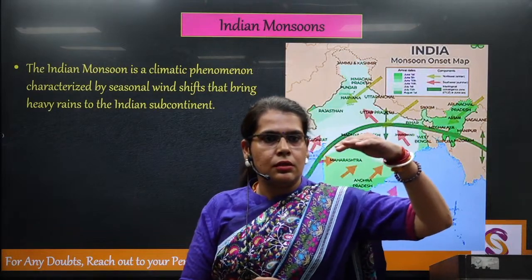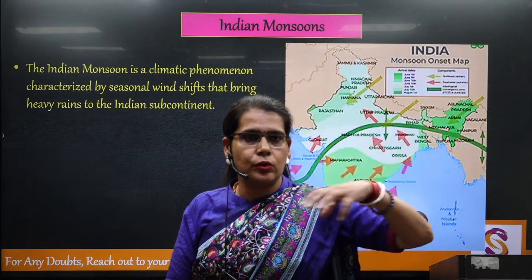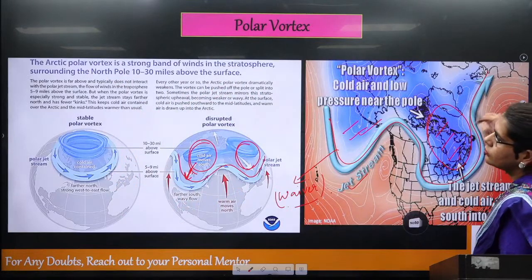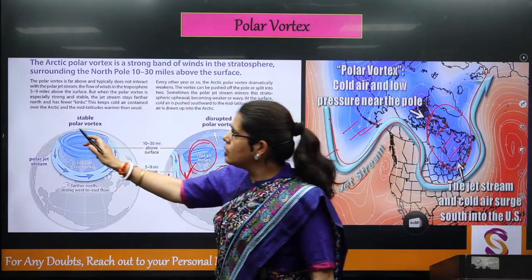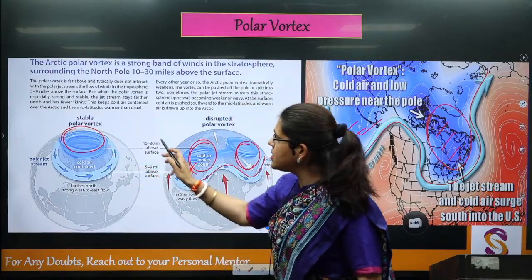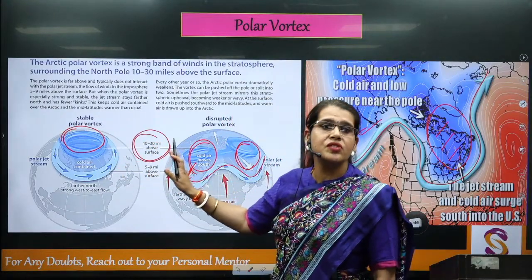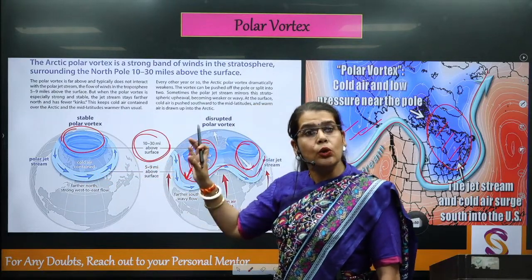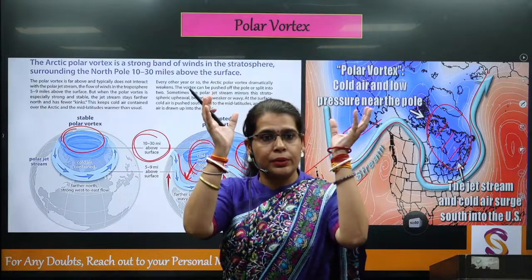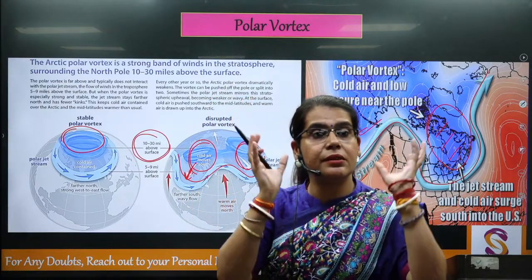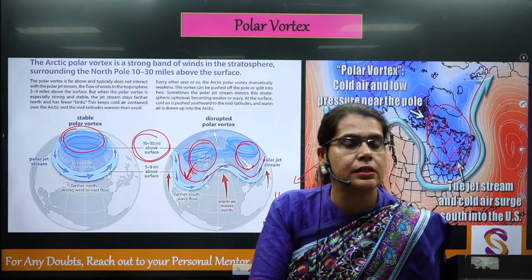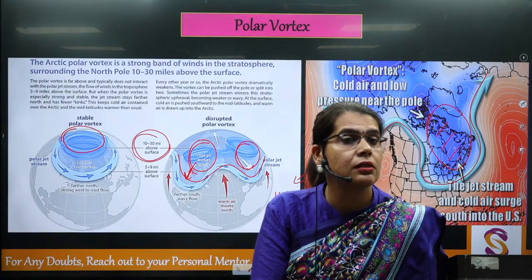Yes, yes, I mentioned that only. See, the polar vortex is 10 to 30 miles above the surface. Okay, jet streams are relatively lower. The polar vortex is high up. Okay, that is why I mentioned in the beginning itself, that on the surface what we are witnessing across the poles, that is